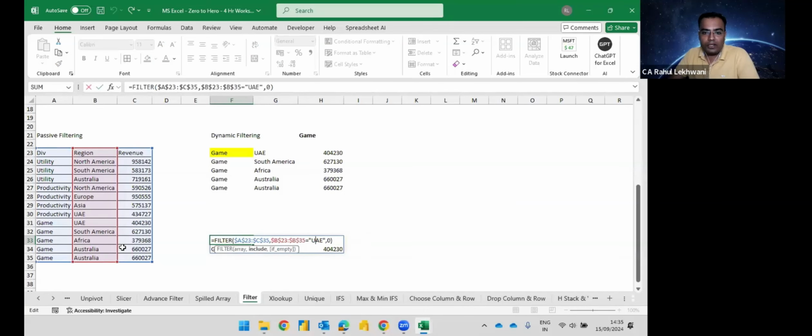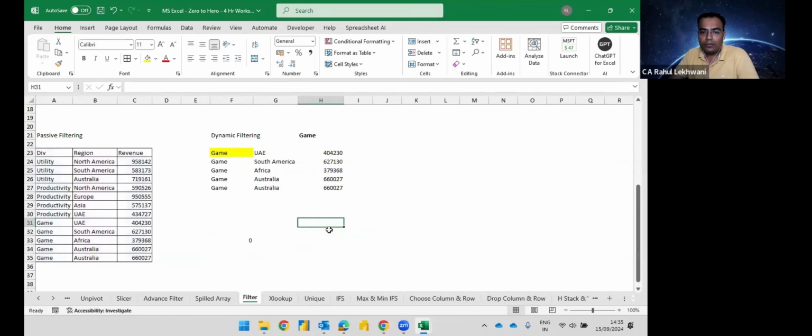Now, instead of writing this, can I do a referencing? I can reference with this cell. So nothing will come. Okay. I'll reference with this cell, nothing will come. Now, what I'm going to do, I'm going to put UAE here. So see, my data is getting filtered. This is called advanced filtering,